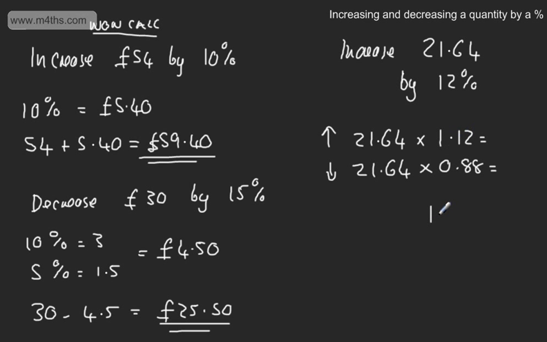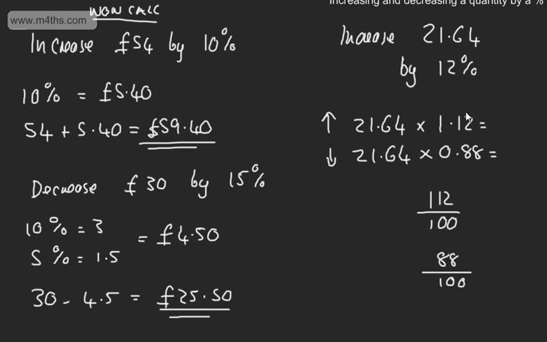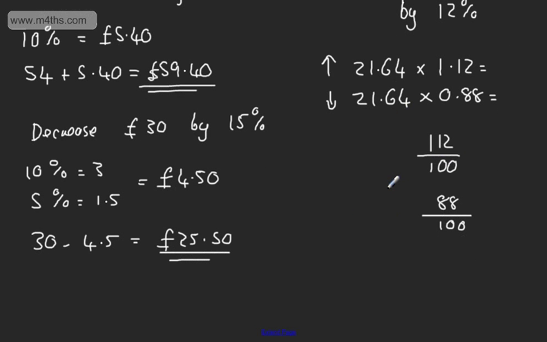If you want to think about that now as 112 over 100, and this one as 88 over 100, these would give us the fractional equivalent to the decimals. So if we're increasing or decreasing a quantity by a given percentage, all we do is use our multipliers and go from there. So let's decrease